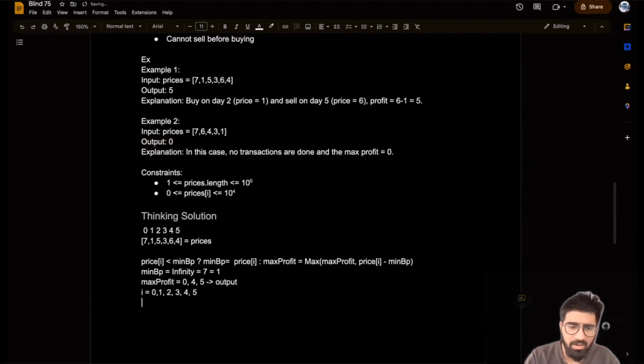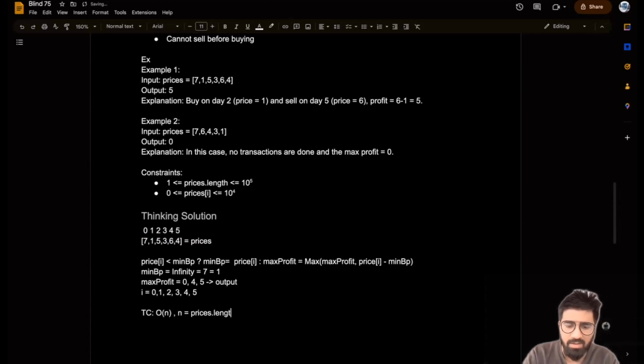So now let's try to write down the complexity of this approach. Our time complexity would be, since we are doing a single iteration throughout the loop, the length of this price array. So I can simply say my time complexity would be O of n, where n is basically the length